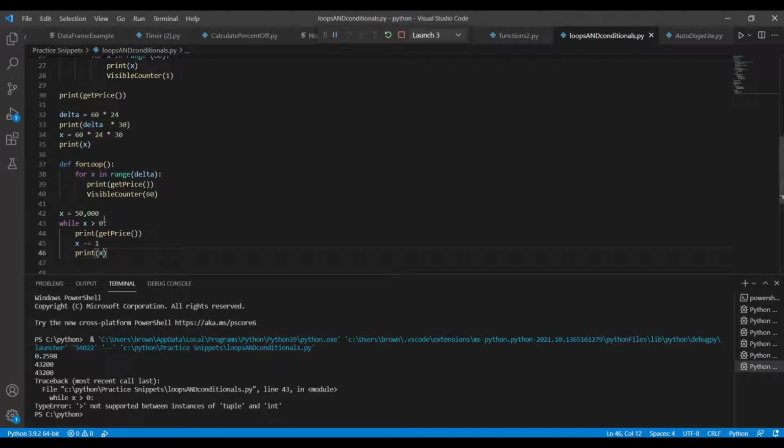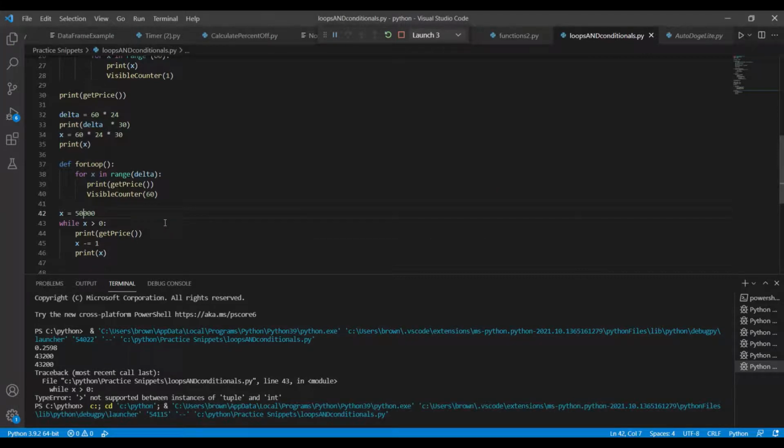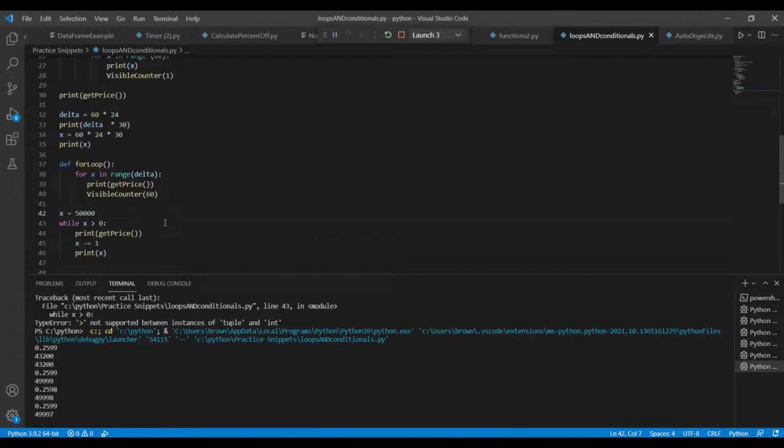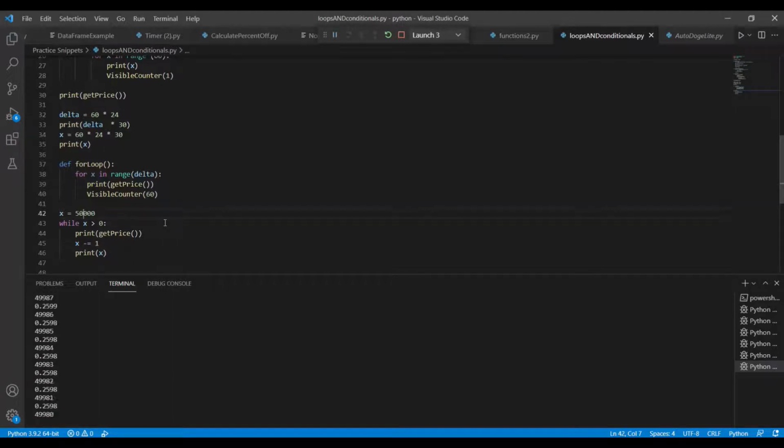What? Oh, wait. Is this because I put in a comma? Please don't actually tell me that that happened because of a comma. It happened because of a comma. So apparently, if you put a comma into an int, it turns it into a tuple. I didn't realize that. I guess it makes sense because parts of tuples are separated by commas. But I thought you had to have brackets on either side in order for that to be considered a tuple